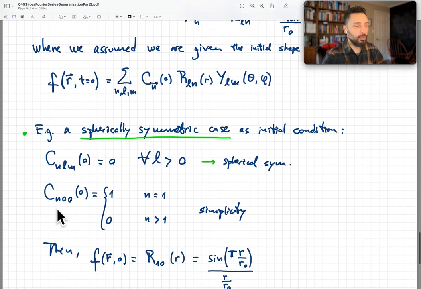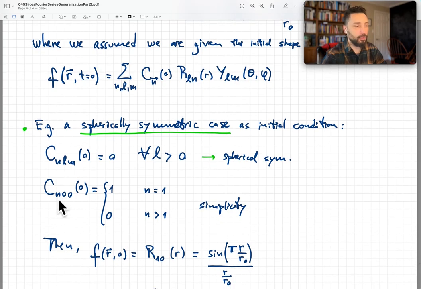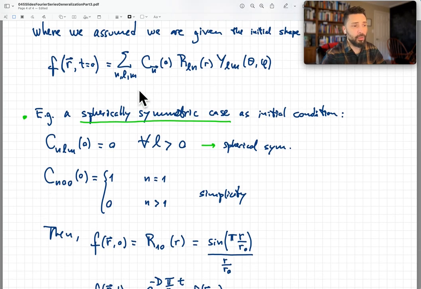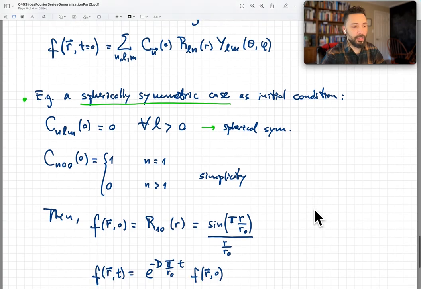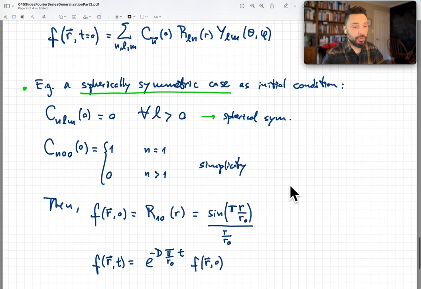And for further simplicity of discussing this example, we're going to take n equals 1 to be the only non-vanishing case, and we're going to kill all the other n's for n greater than 1. So we're going to assume that all these constants are 0 except the one for n equals 1. And that case is extremely simple. That means only one term survives in this sum, the term that is given by R_10. And so f of r comma 0, so at t equals 0, we have just the R_10